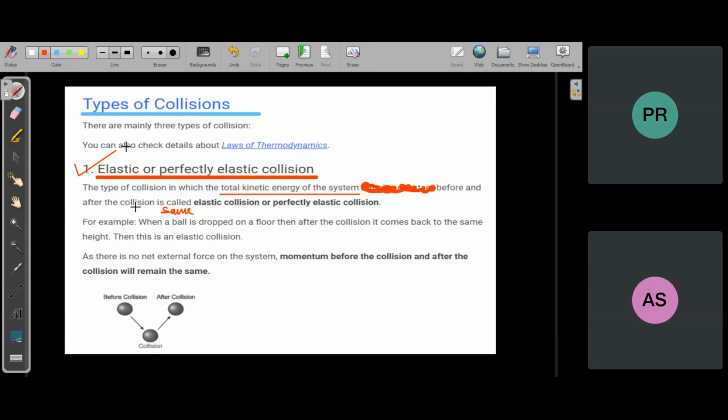Sir, can you repeat? Consider the system of two bodies, at a distance of L from collision, each side before and after. If there is no external force acting, then momentum is always conserved, not only at equal distances L and L. At distances L1 and L2 also the same. Are you getting? Yes, sir, I'm getting. So it has nothing to do with distance. If there is no external force, it is always conserved, at any distance. Yes, sir, I'm getting.